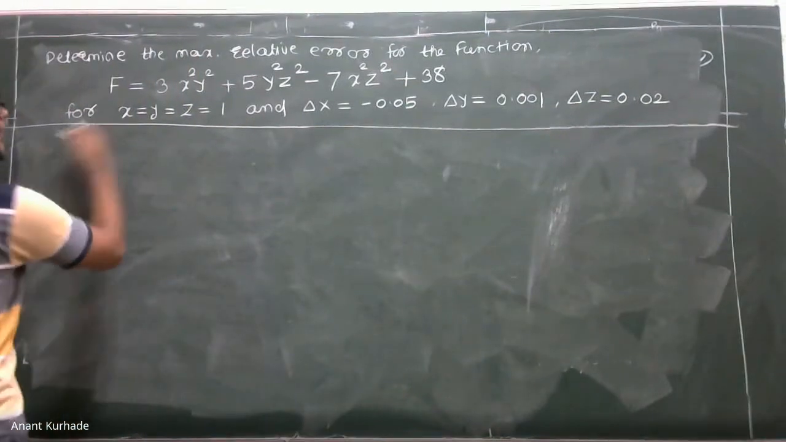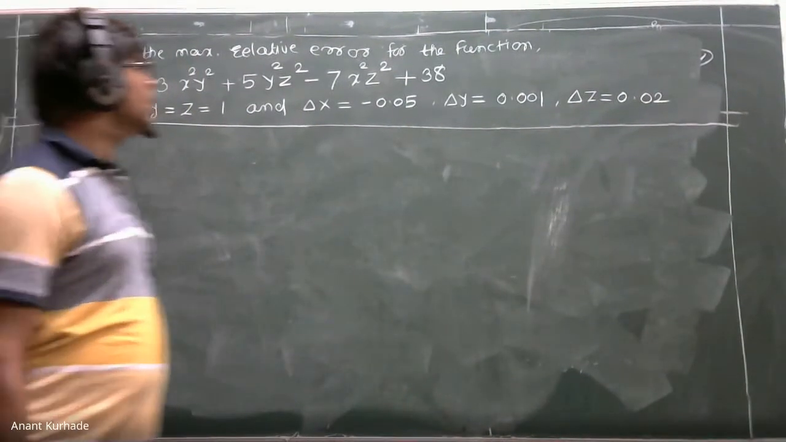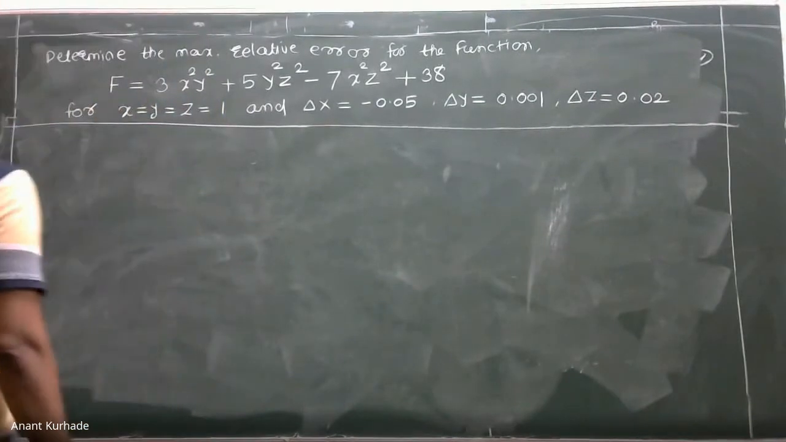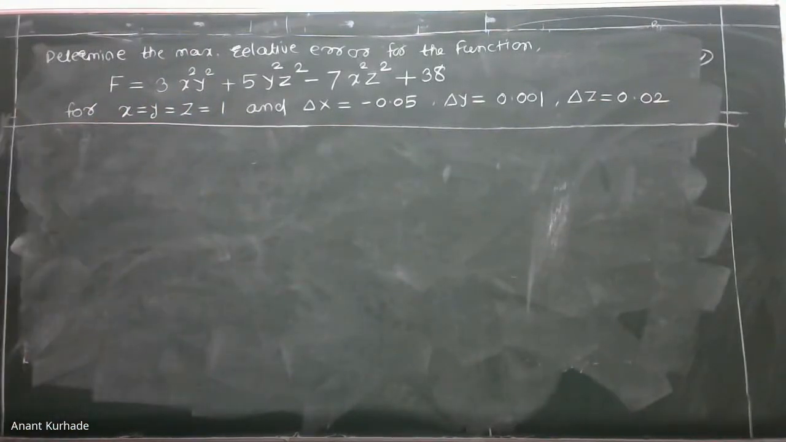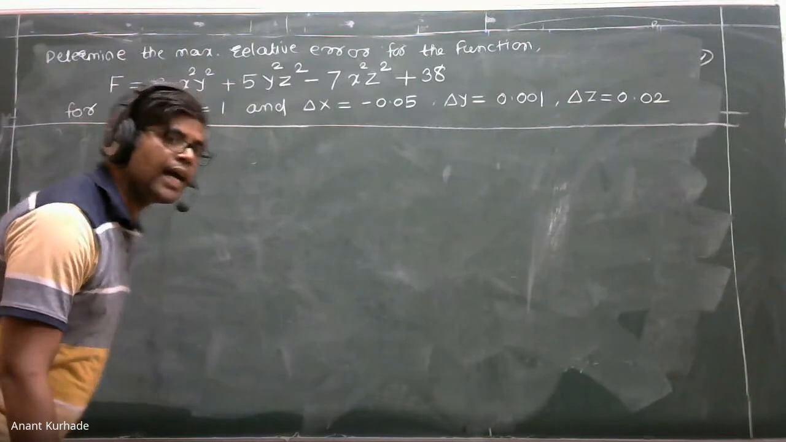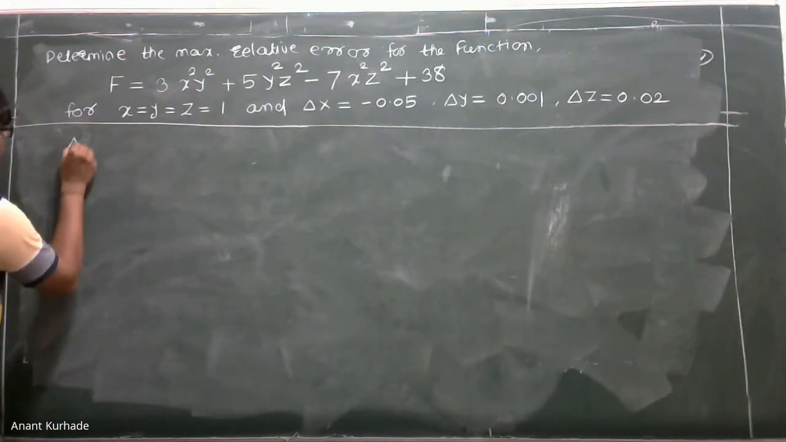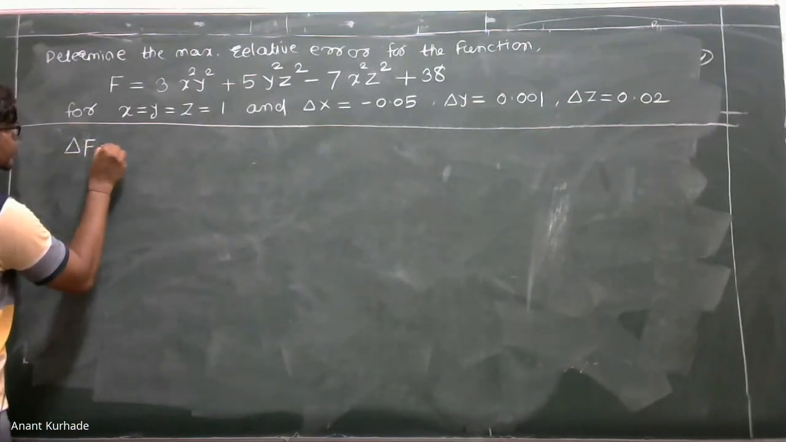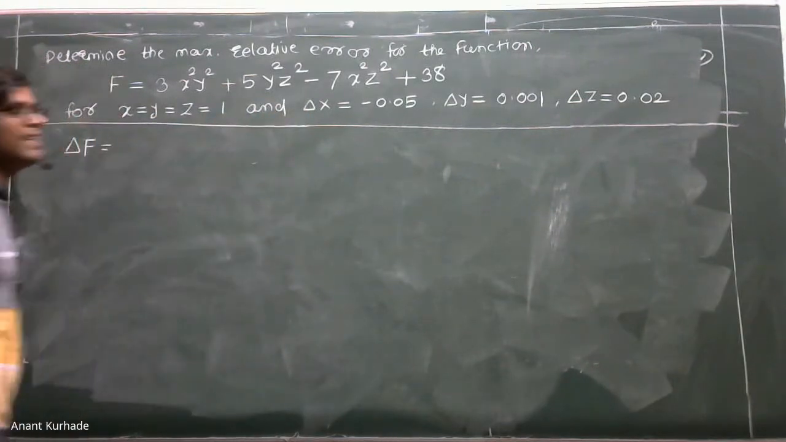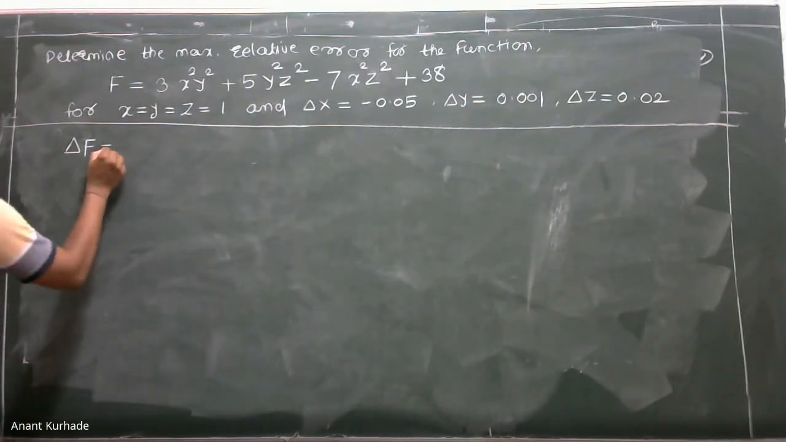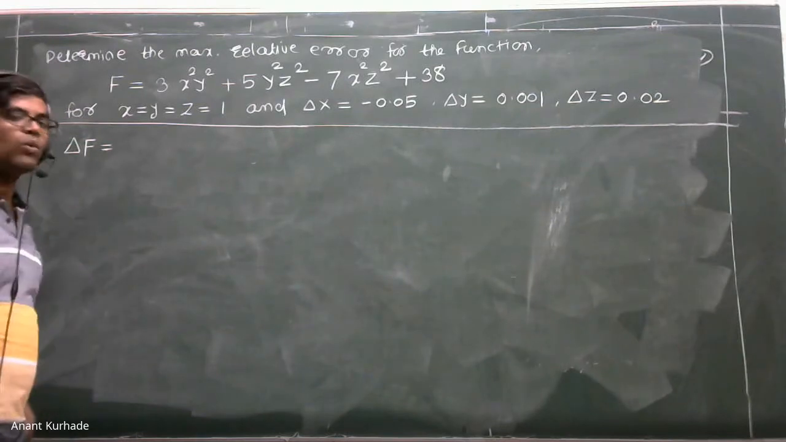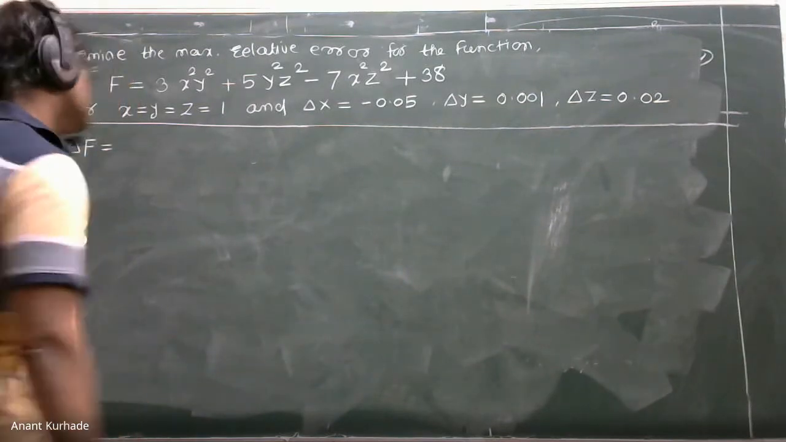Now, the given data is this again. It's a request: after writing the given data, please cross-check at least once. If you confirm it, go step by step. So f is given; calculate delta f first. Now how to write this formula at each and every step. Delta f is equal to